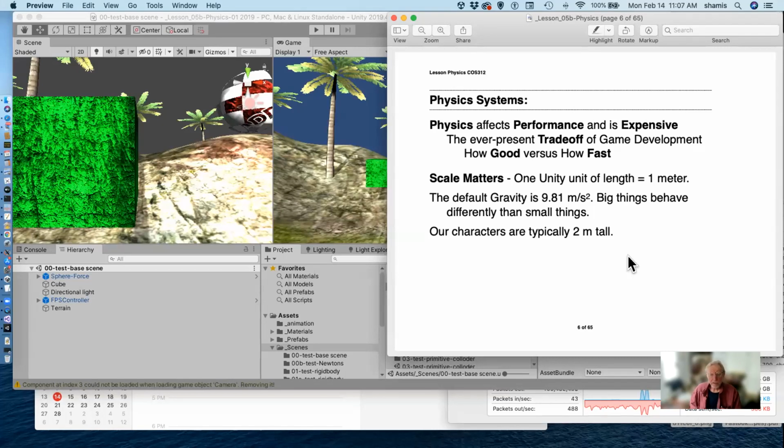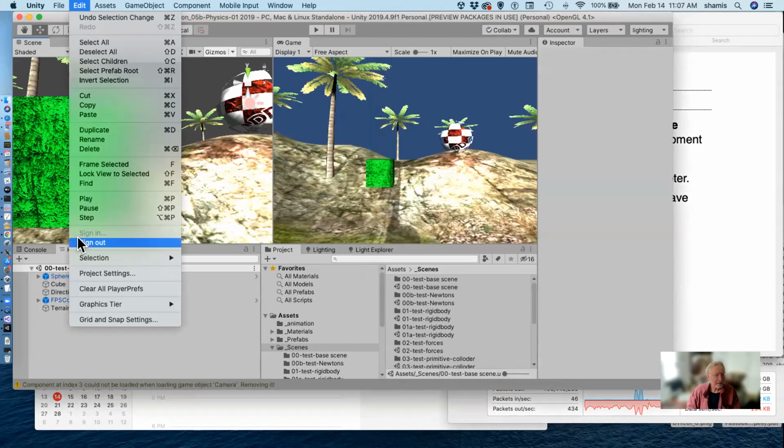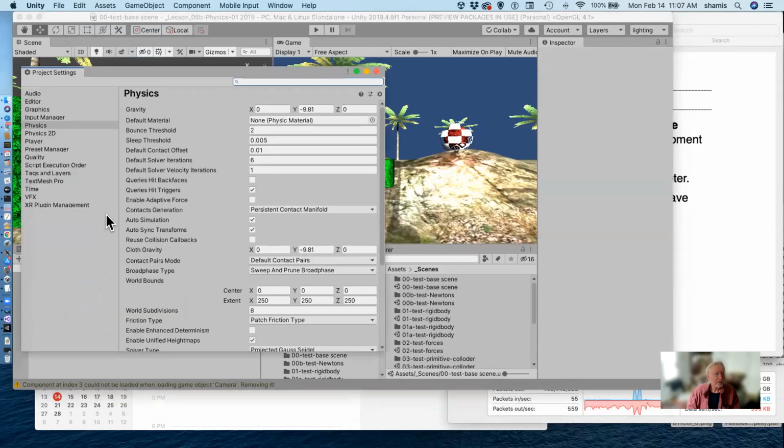In Unity, a unit of length, one, like our little 1 by 1 by 1 cube, is a meter, a 1 by 1 by 1 meter cube. And the reason we know this is because of the default gravity in physics. I can bring up the physics settings here, in the project settings, physics, and I see that gravity is minus 9.81, and that's the value of gravity on the Earth